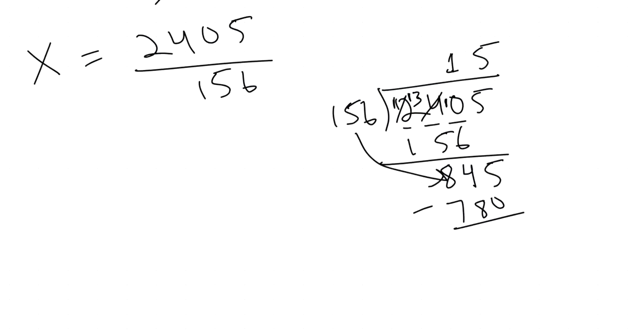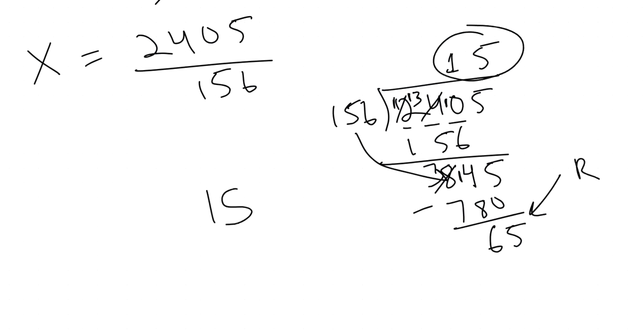We can't do 4 minus 8, so that becomes a 7, that becomes a 14, and that gives us 6. And that's our remainder. So as a mixed number, it's going to be 15, that's the whole number, and